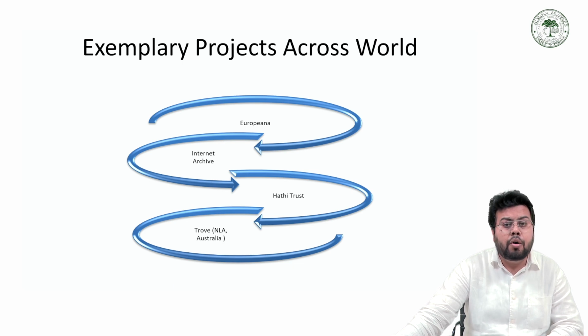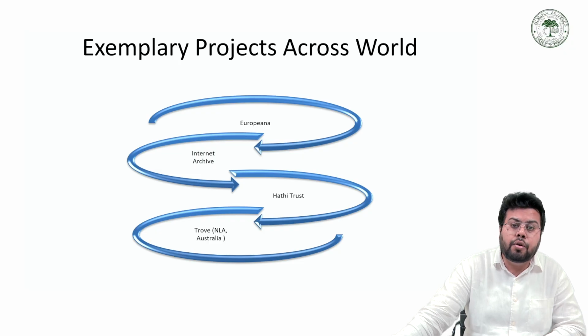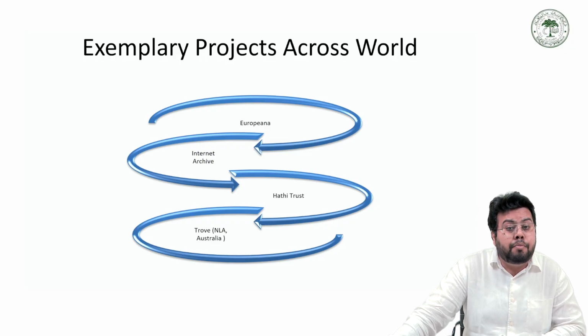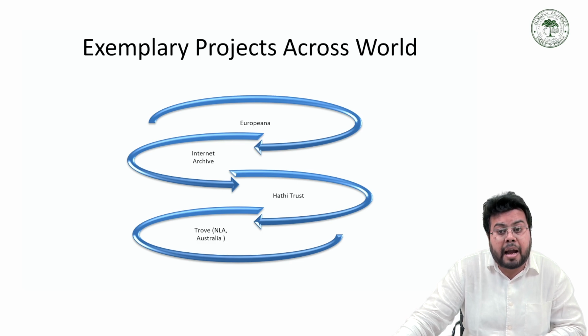running across the world. Now, Europeana is a major digital platform that provides online access to European cultural heritage, and it brings together millions of digitized items from libraries, museums, archives, galleries, and audiovisual collections across Europe. So basically, it is specifically for Europe. It works as Europe's digital cultural heritage platform, aggregating more than 60 million items from over 4,000 institutions